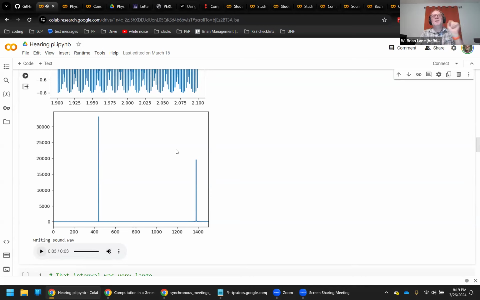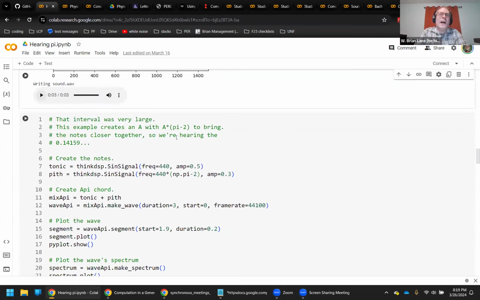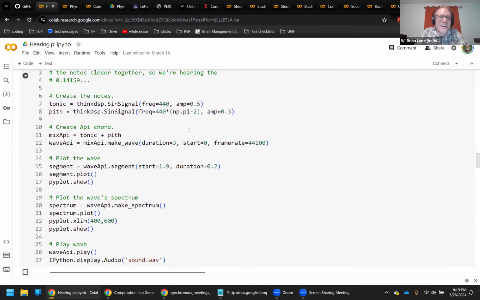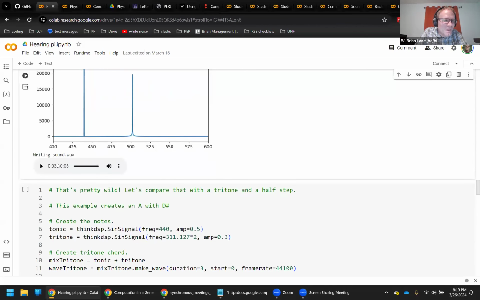That actually ends up being really odd to listen to because, again, every time you double the frequency, you're going up an octave. So when I multiply by 3.14, et cetera, I'm actually going up by an octave and a half. So our ears don't really like to hear that. So I decided what to do to actually hear it was to subtract off the 2. So now we'll hear the 0.14159, et cetera, et cetera.